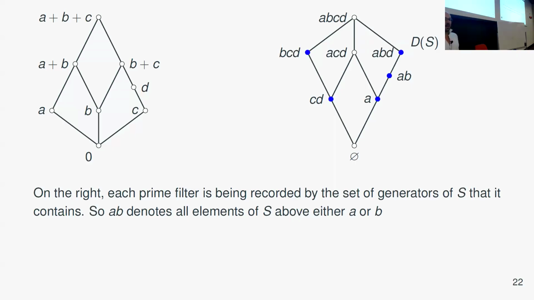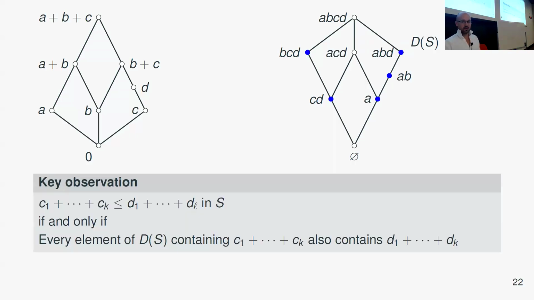So I know it's just turned it upside down, but we do have this nice concrete representation. And just like before, where we only needed to know the generators on the left, we also really need to only know the generators on the right, which are the ones I've put in blue. We don't really care about the other ones because they're just unions of the small ones. And this is the fundamental trick for the algebraic machine learning. So the key idea is the order in the left-hand side can be understood by knowing about the right-hand side.